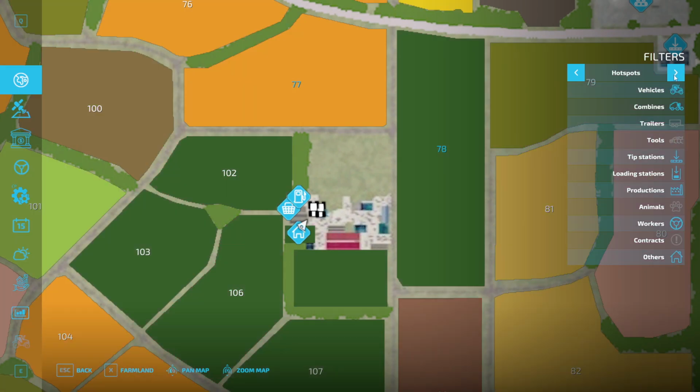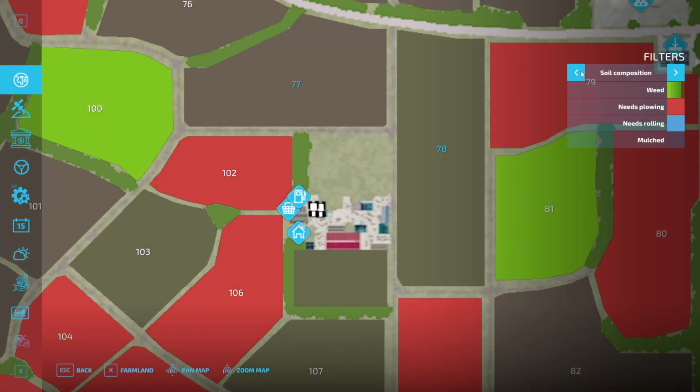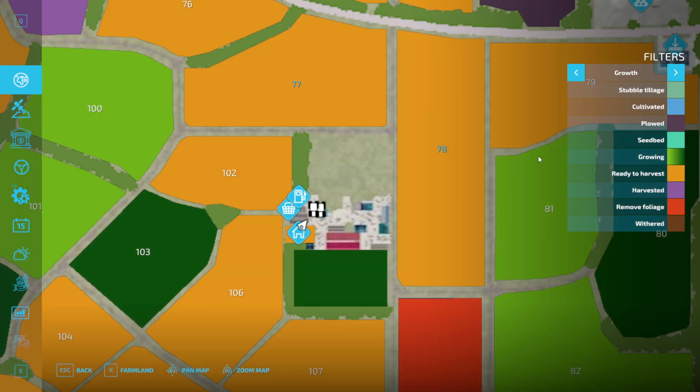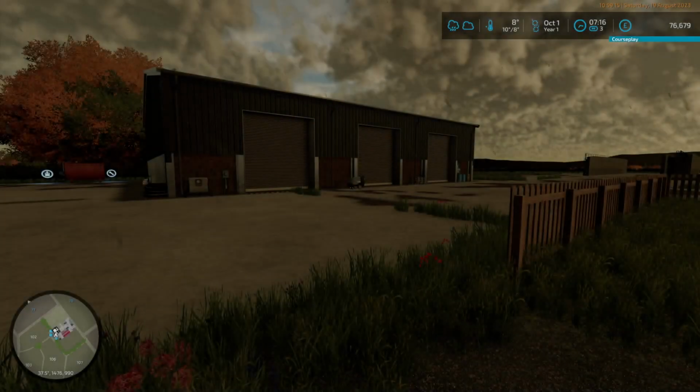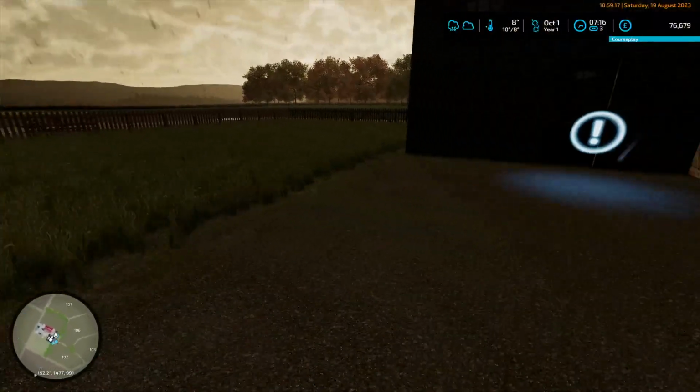Okay. So this is late stage growth. No, there. I'm reading it wrong again. This is corn, this is grass. This one is ready to harvest, ready to harvest. I'm not seeing any grade difference between the growth stage here, but I think